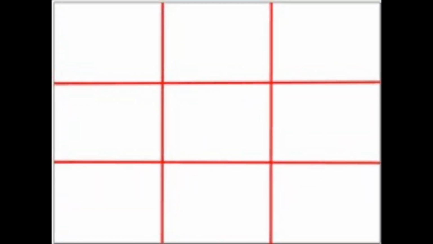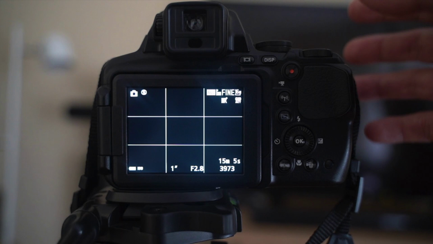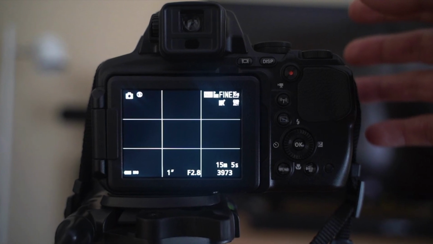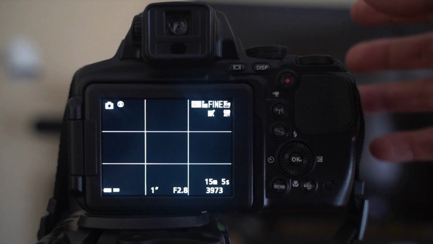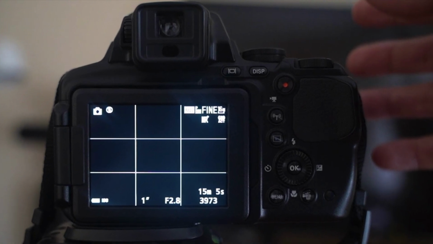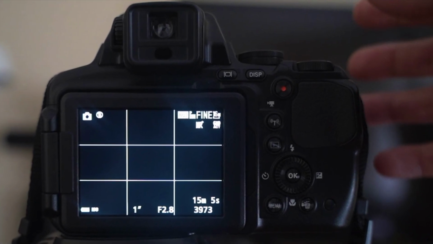So what is the rule of thirds? It is pretty much just the composition of your image and where you decide to place your subject in the frame. Let's take this grid for example, and you can see it has two horizontal and two vertical lines, all placed evenly apart. Probably you have seen this grid before when you purchased your camera and thought it was distracting, but if you are new to photography or videography, I highly recommend you keep it on so you can understand